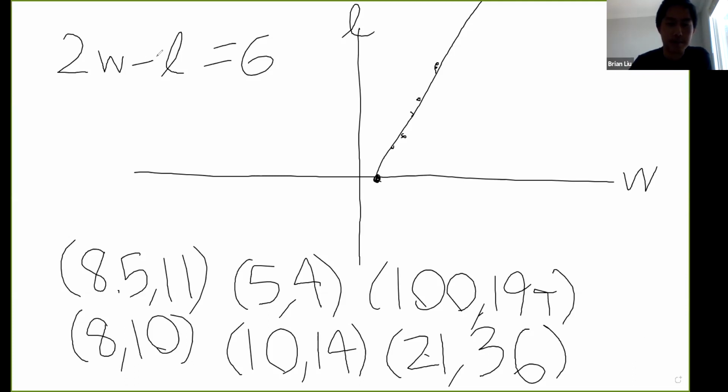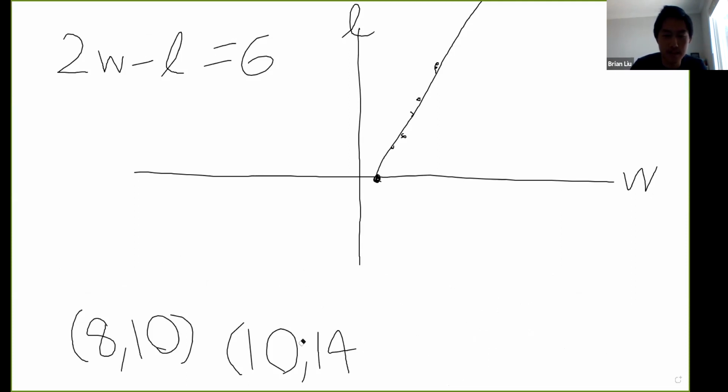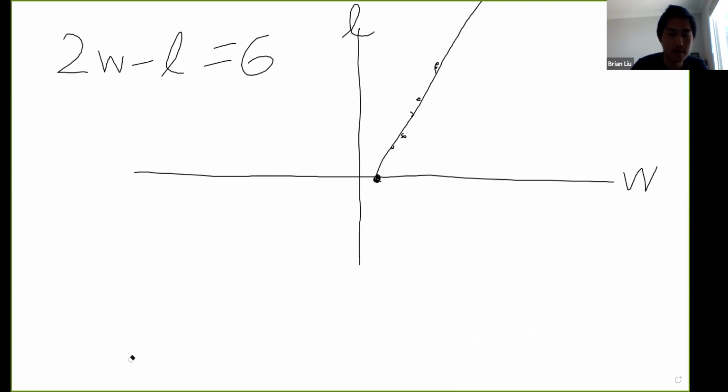Like before, we would have had to test like 5 and 4, 100 and 194, and all these different values. But now we can see that there are infinitely many values that satisfy this. It's a line. And one thing about representing 2w minus L equals 6 is that you get a line,